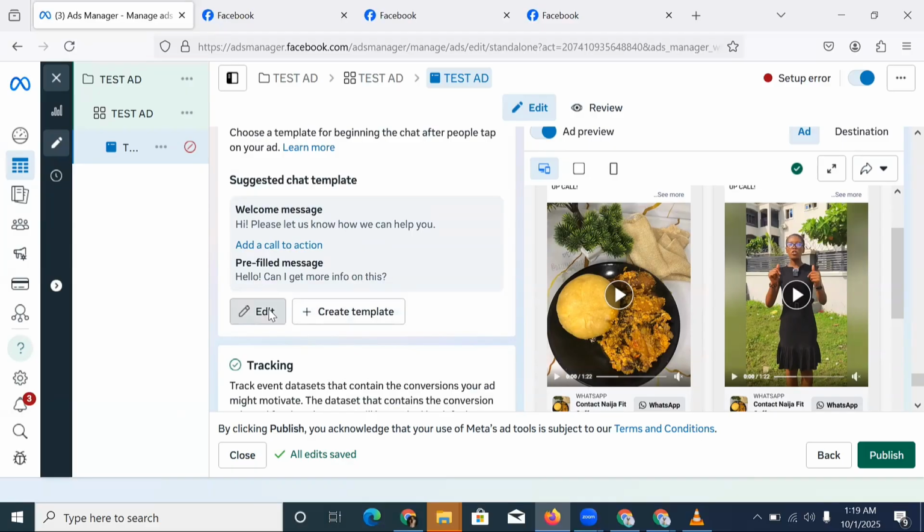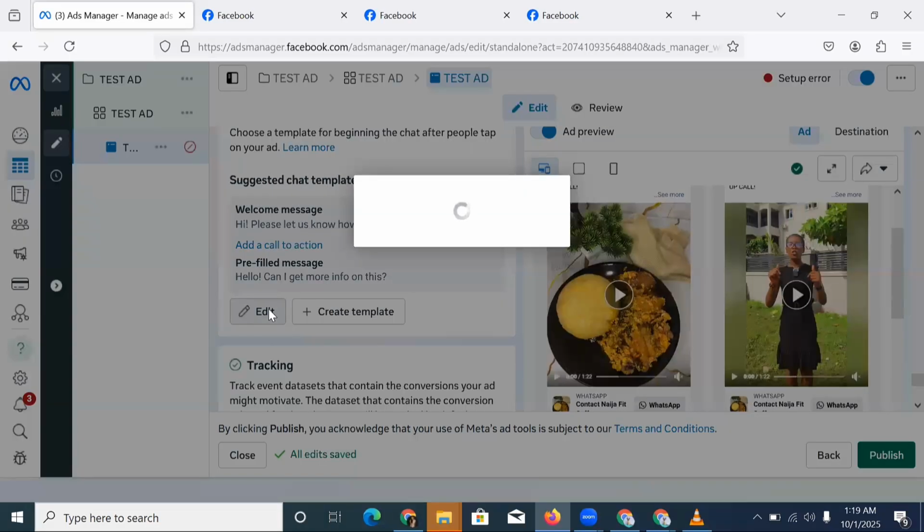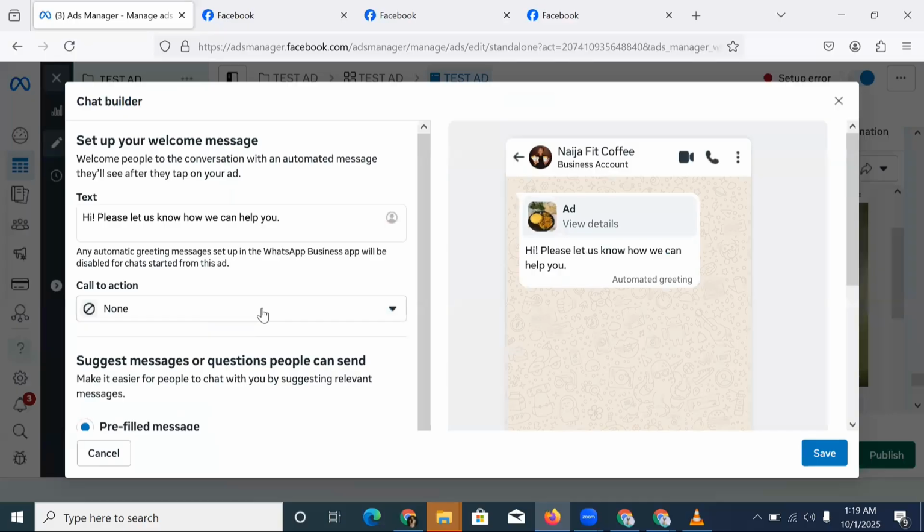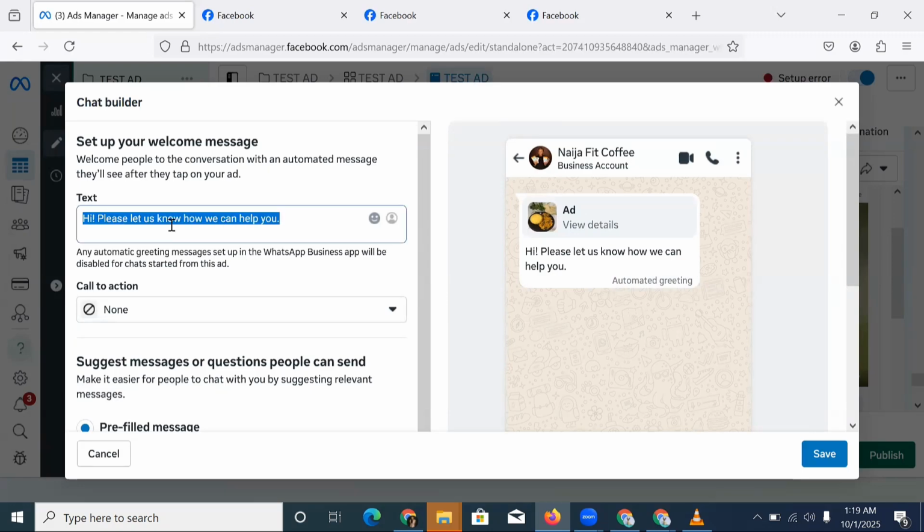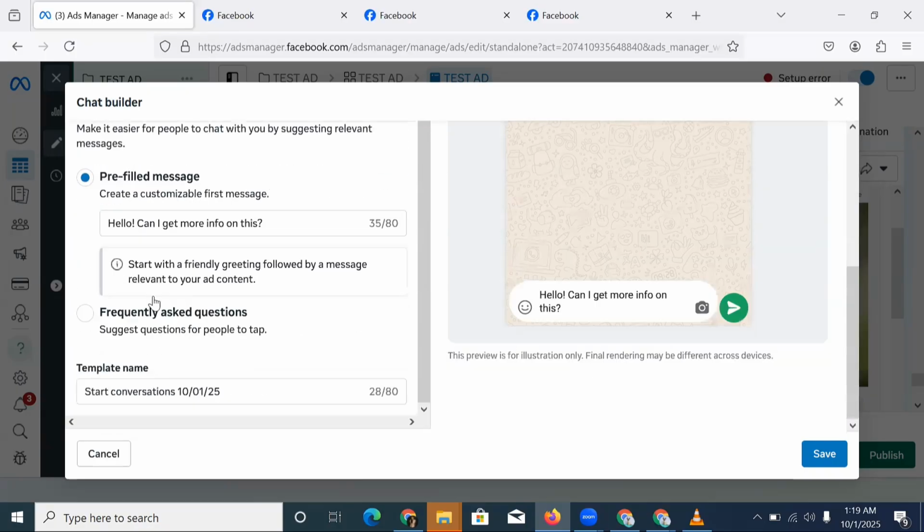So I'm going to click on edit. Then I'm going to edit a particular thing that I love. Maybe, hello, can I know about your weight loss training? Hello, can I know about your property? Hello, can I know about your upcoming event? You understand? So you personalize your message. And how you do that is, come to this pre-filled message and you change this. So you say, for instance, I'm going to say, hello,